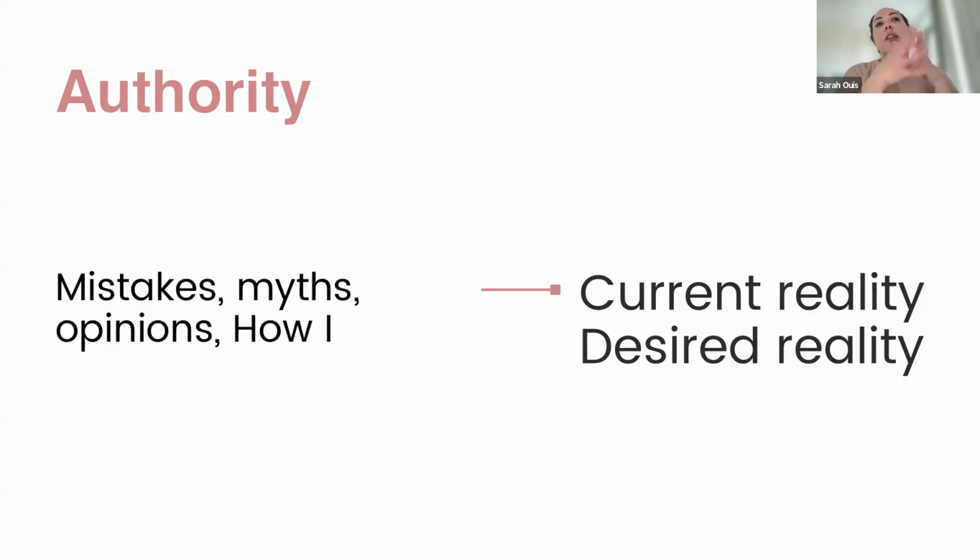As part of authority content, we also have what I call the how-I content, which is: this is how I work and this is how I don't, right? We also call this behind the scenes. And again, the reason it's authoritative is that someone might not resonate with your way of working or your way of thinking, right? So these are the types of content. Again, it always has to touch on the micro niche. That doesn't change, but it's more the way it is delivered that covers more of your opinions and reveals more of your personality.